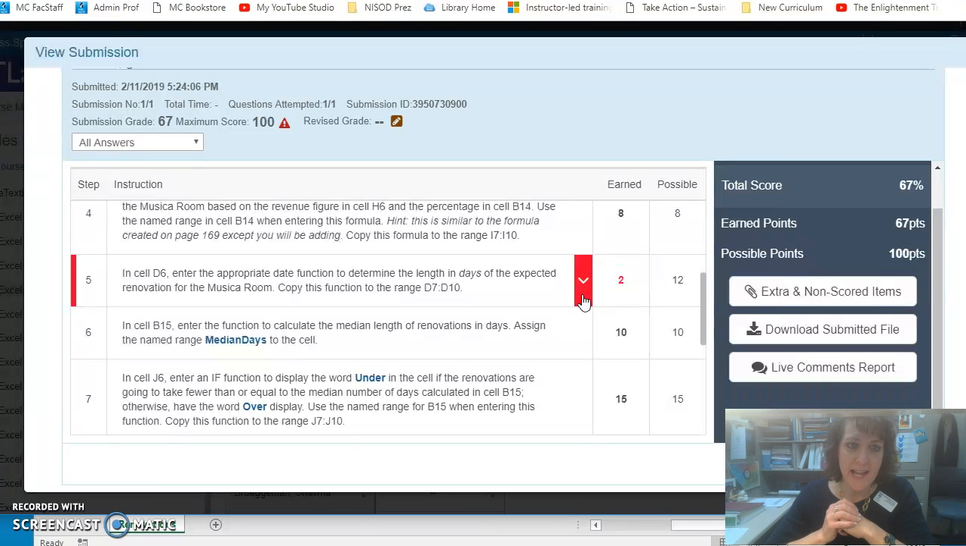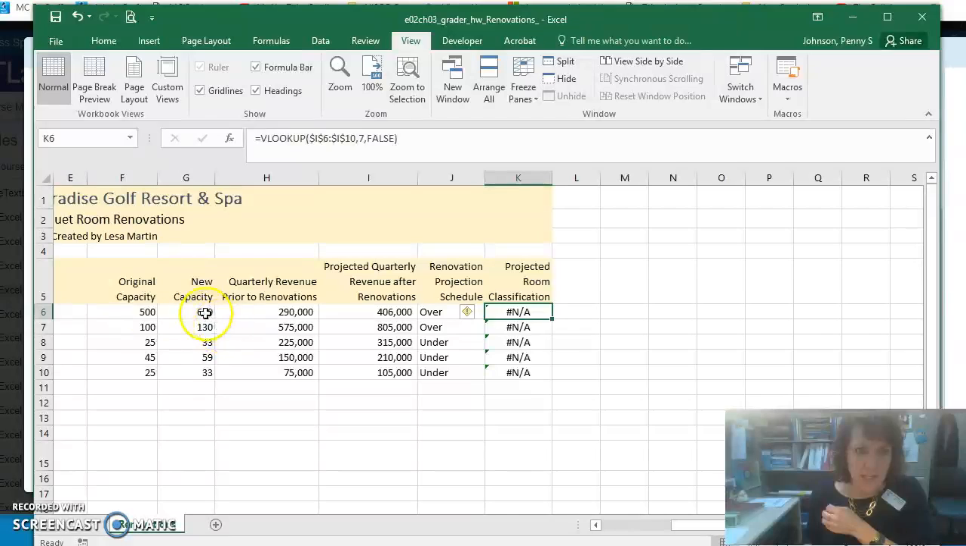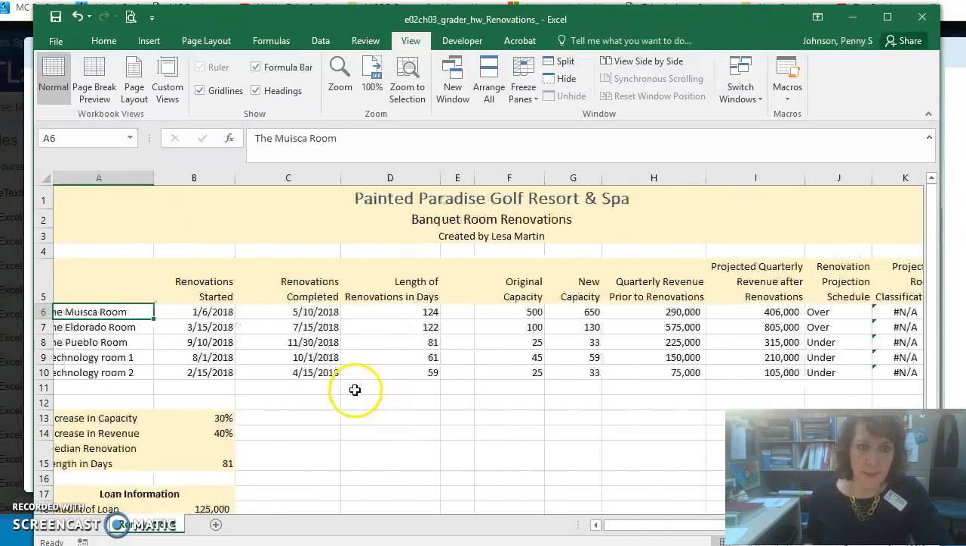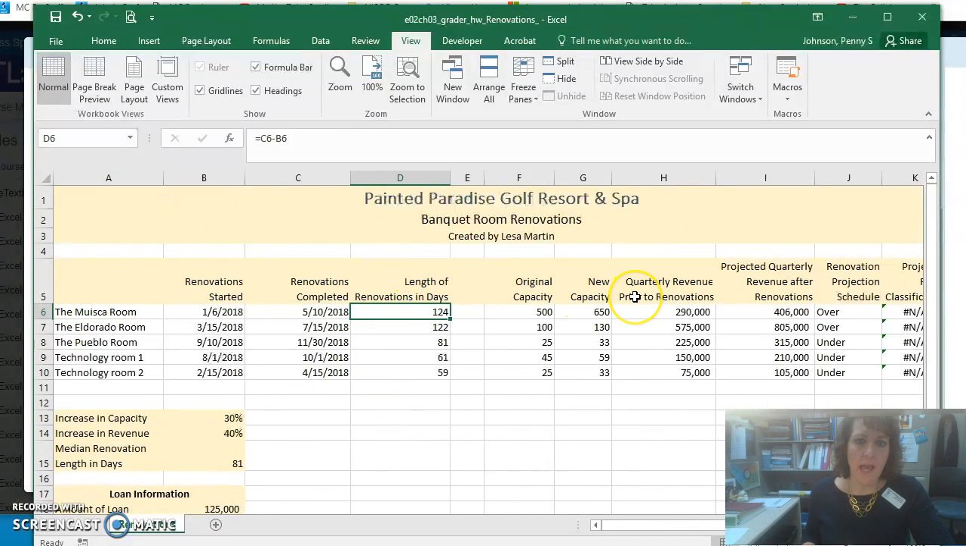Step 5 says in D6, enter the appropriate function to determine the difference in days. Oftentimes we're fooled into thinking we can just do a subtraction here. So I'm going to take a look at your cell D6. Here we are. And yeah, we can't subtract days. The way that days are viewed numerically in Excel, it doesn't always give us the correct answer. And so in Chapter 3, we learned a specific function that's more accurate, which is our DATEDIF, or date